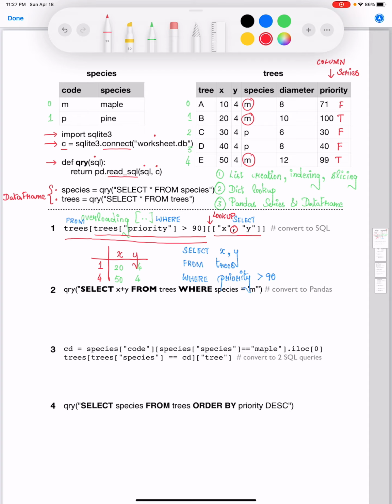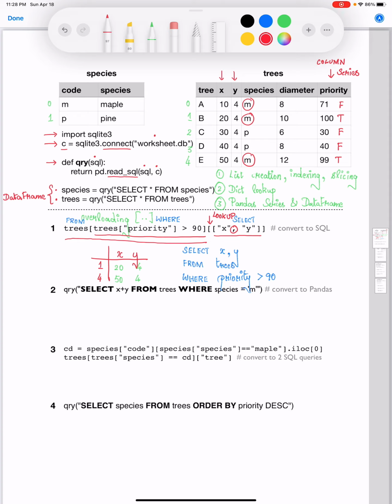Then we are going to create a brand new column called x plus y, which is part of the select clause of the SQL query. We are going to sum up the values within the columns x and y for those filtered rows. Keep in mind that whenever you execute a SQL query, you'll be getting a brand new pandas data frame object instance as the return value from the read_sql function as part of pandas module.